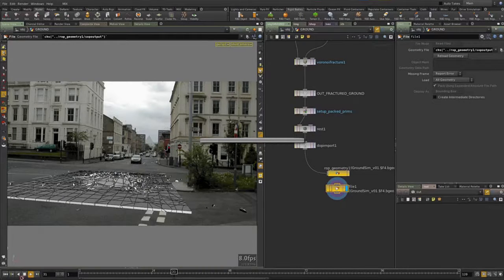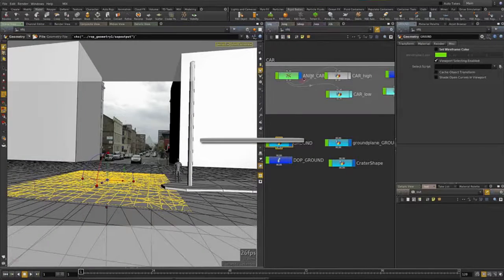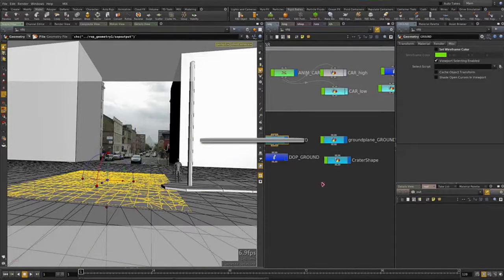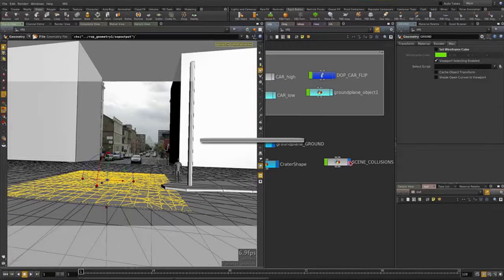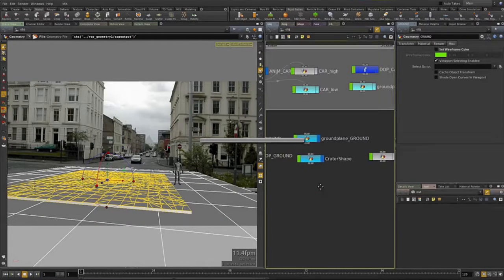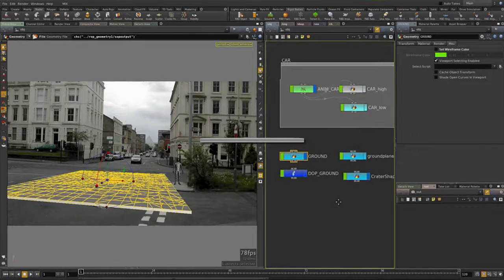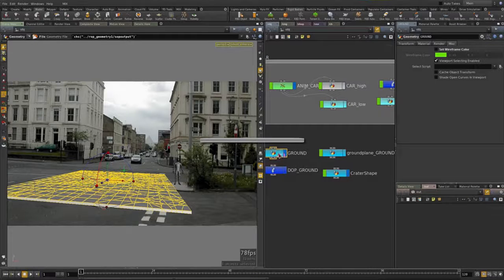What we need to do now is set this in time, because right now it's not in time. You can see it starts breaking at frame 1. So we need to do the same thing we did with the car. Oh, let's hide all the scene collisions. That ground plane, we need to see that. Go here